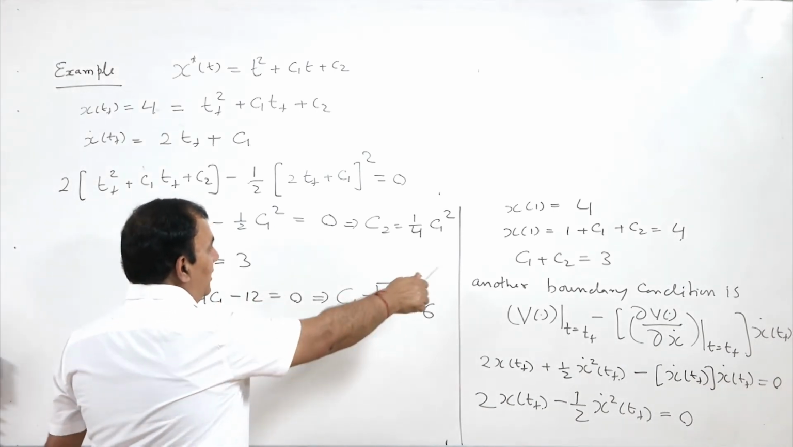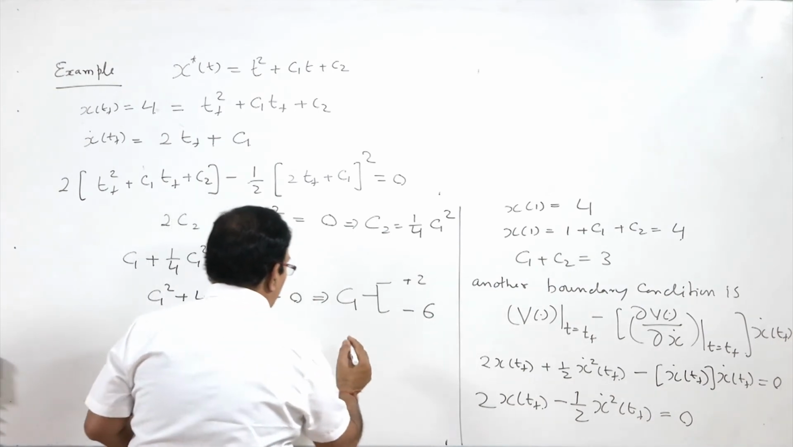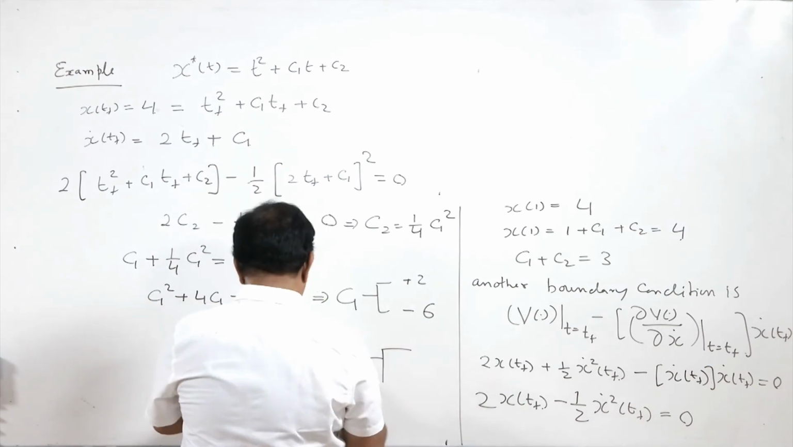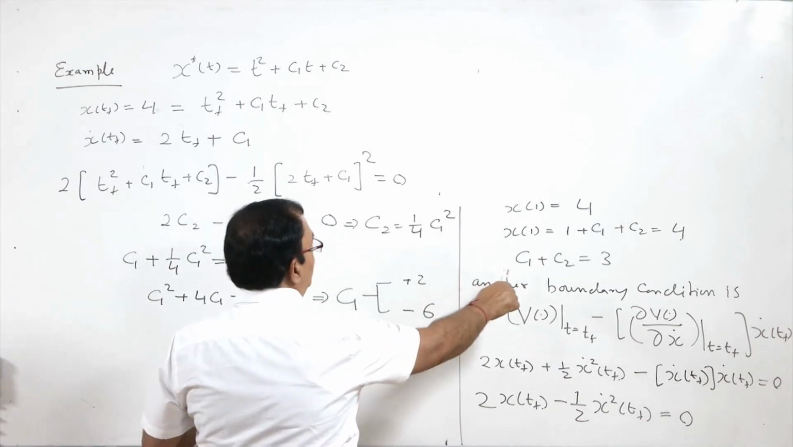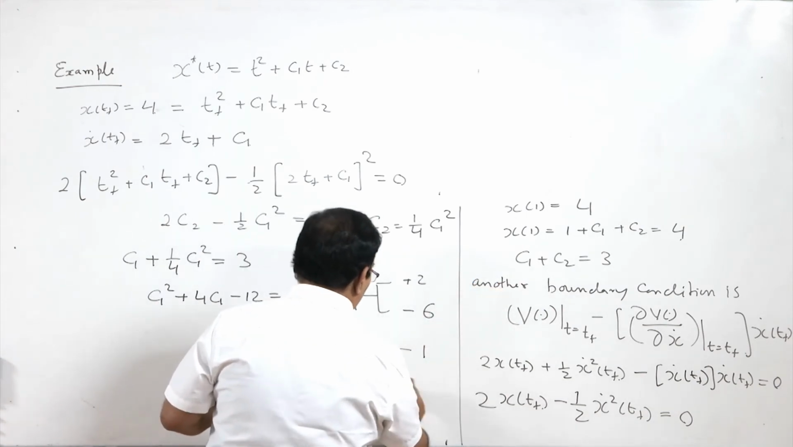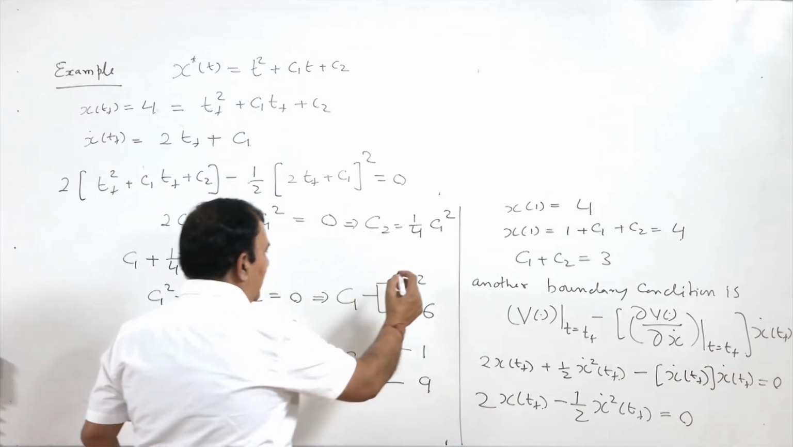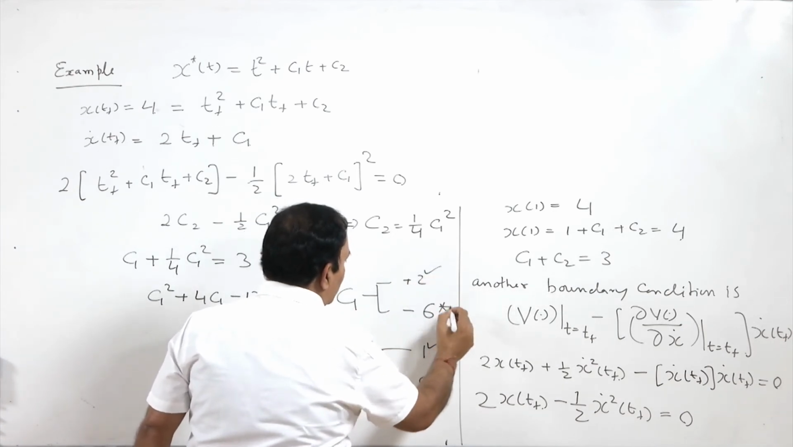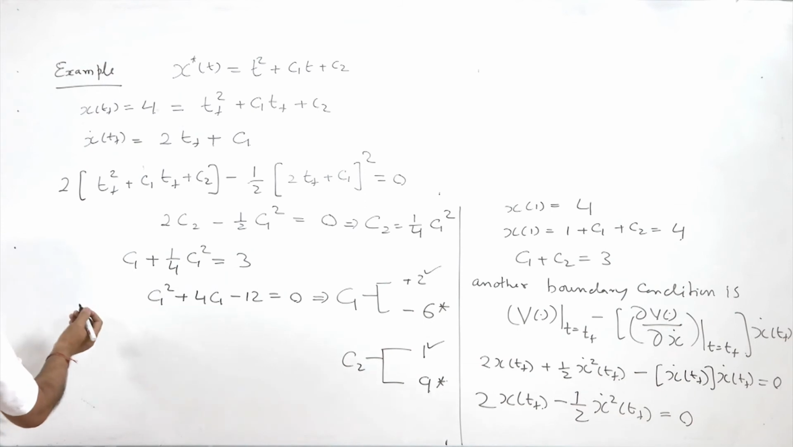Using the value of C1, I can find the value of C2. C2 corresponding to C1 equal to 2 will be 1, and with C1 equal to minus 6, C2 will be 9. So, I can take the values as 2 and 1, or minus 6 and 9. So, this means my optimal trajectory may be,